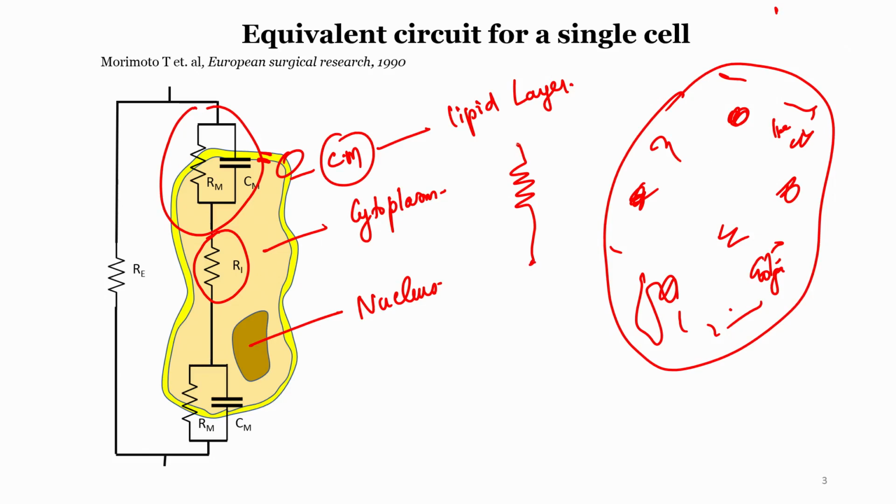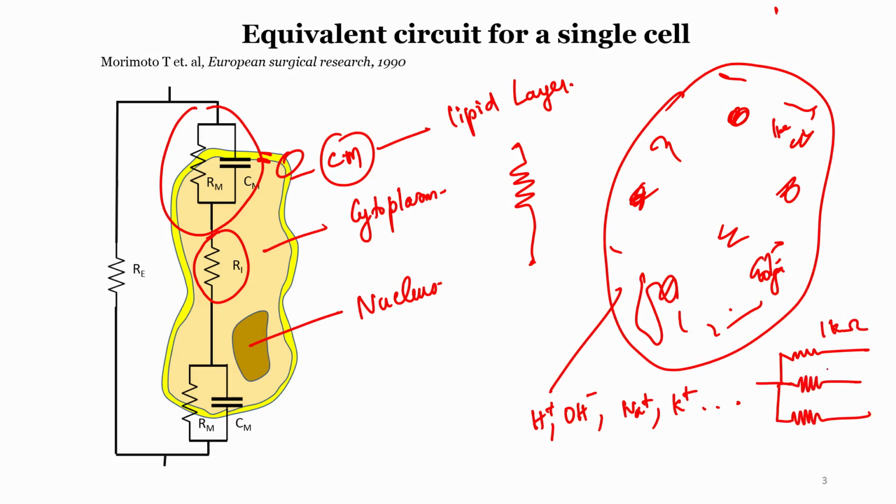Yeah, this is where our basic circuit understanding needs to come in. What did I tell you? The liquid part of the cytoplasm mostly consists of ions, water, basically water in its ionic state, H plus and OH minus, and other ions like sodium ion, potassium ion, a lot of ions will be there. Okay. Now imagine a circuit where you have a low value resistance, let us say a 1 kilo ohm resistor connected in parallel with very high resistances like 200 kilo ohm, 300 kilo ohm, etc.